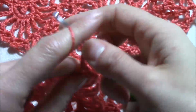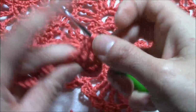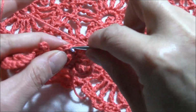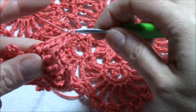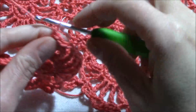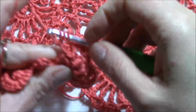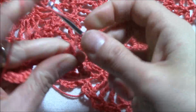1, 2, 3, 4, 5, chain 2, yarn over twice, insert the hook into the very next single crochet, and work your triple crochet and chain 2, yarn over twice, insert the hook, and work your triple crochet, and we have 1, 2, 3, 4, 5, 6, 7. So chain 2, don't forget to chain 2 in between them, and this is the 8th triple crochet, chain